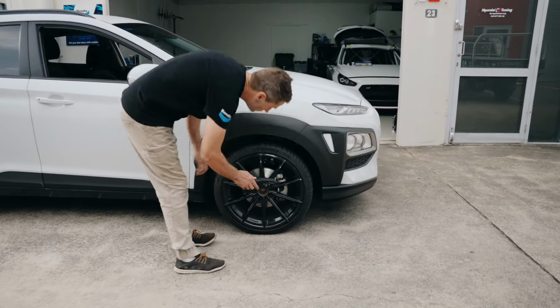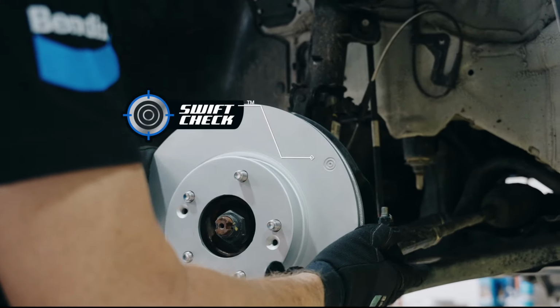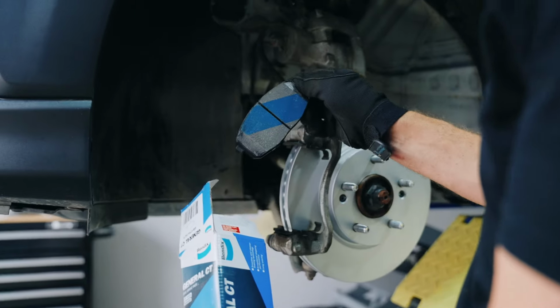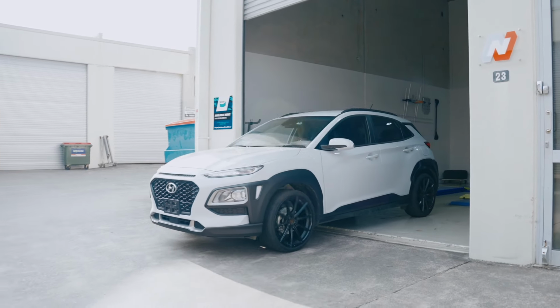Stop customer comebacks with the Bendix General CT brake pad and disc brake rotor bundle. Mix and matching pads and disc brake rotors between brands can compromise quality. Bendix General CT is the most tested combo on the market to provide your customers with the perfect everyday braking